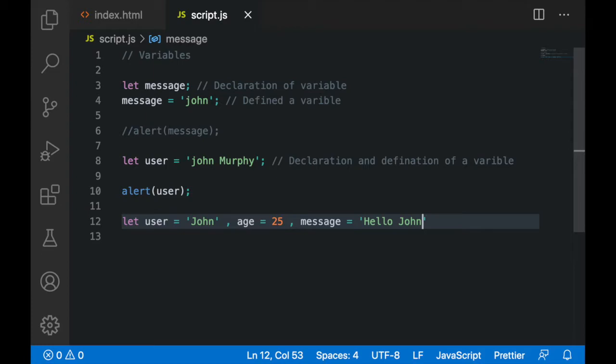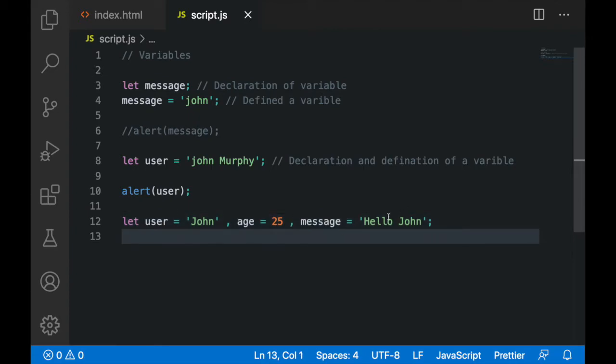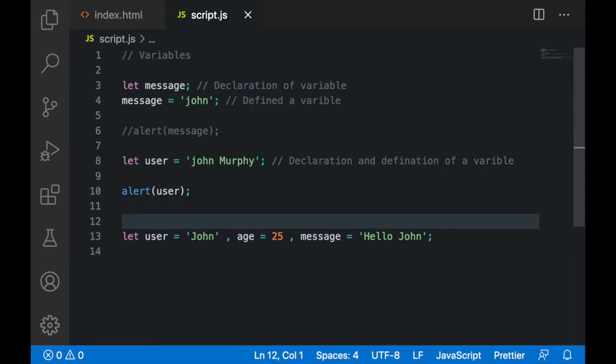Now I have declared multiple variables: the first one is user, the second one is age, and the third one is message, in a single statement. To do this, I just need to separate all of them by using commas. So this is how you can declare and define multiple variables in a single line.